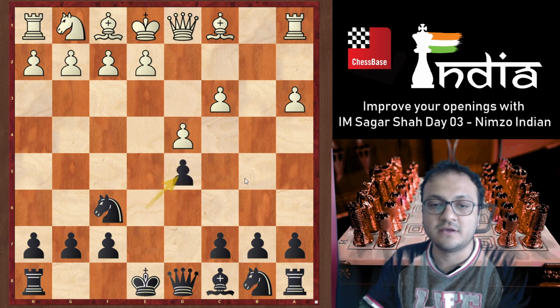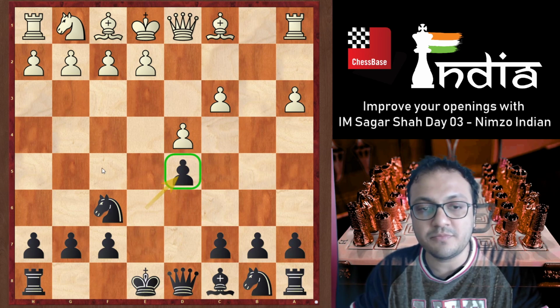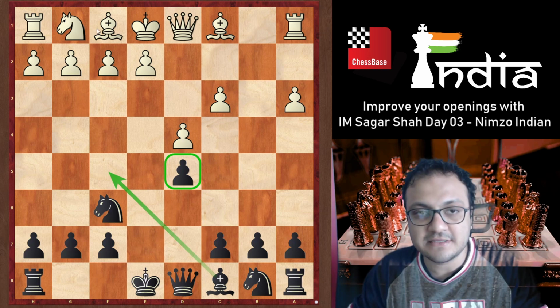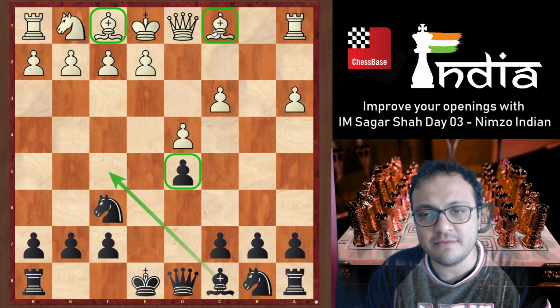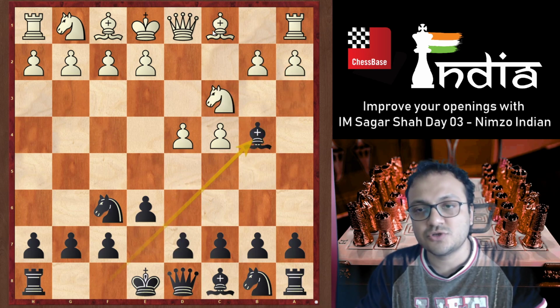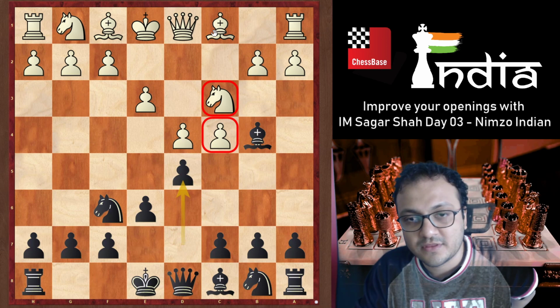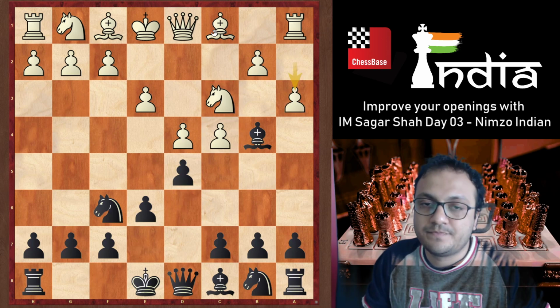When you take, you are actually controlling the center. You open up your bishop, you have free development, and although white has the bishop pair, it's still a quite playable position for both sides. So that's the reason why in this game, after d5, which is a playable move, Botvinnik played a3.